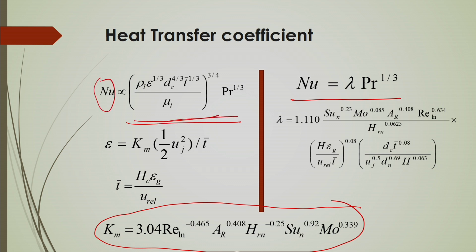Because this Nusselt number is nothing but Hd by k. What is d here? d is the diameter of the column, H is the heat transfer coefficient, and k is the thermal conductivity of the fluid. So, this Hd by k is a function of the Prandtl number, other physical properties of the system, and the energy dissipation. This energy dissipation you can calculate from the mixing coefficient. So, heat transfer phenomena can also be obtained from this downflow system.